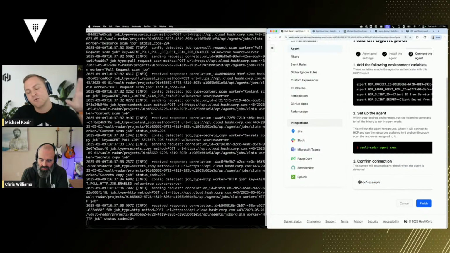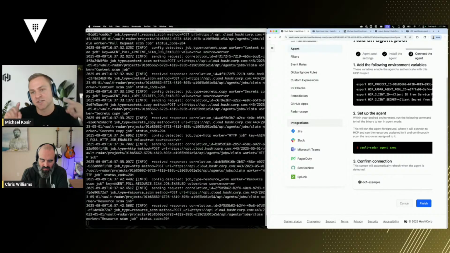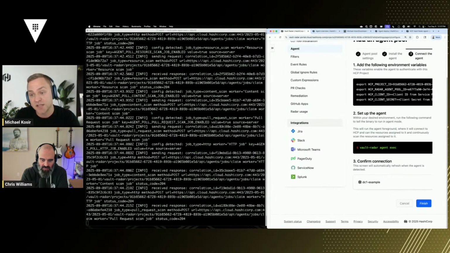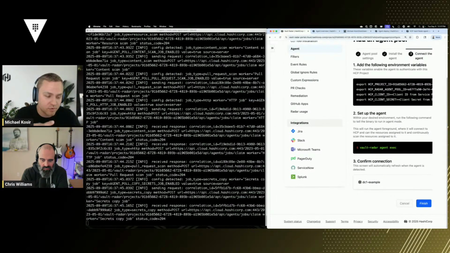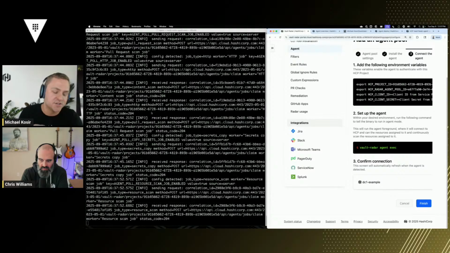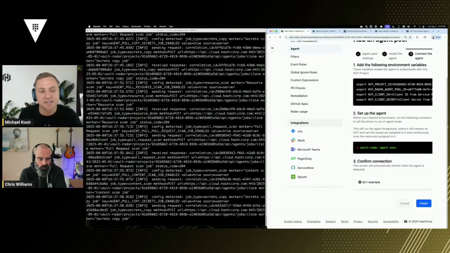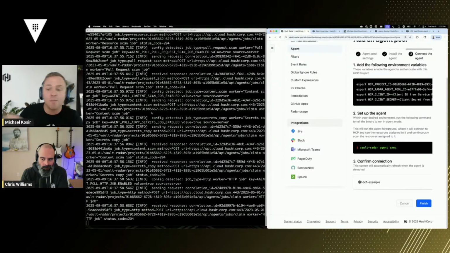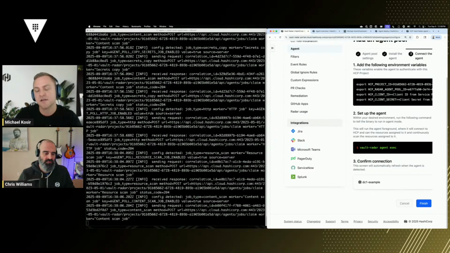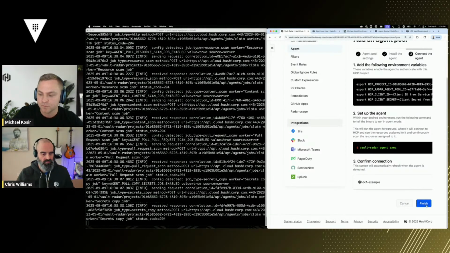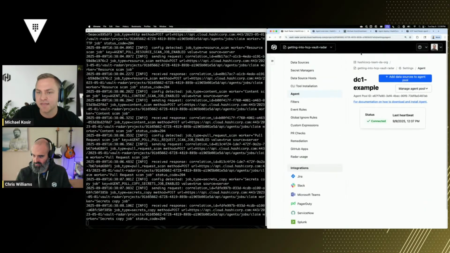So our agent, which is running on the left-hand side, is actually talking to the HCP cloud, HashiCorp Cloud Platform, and it is all an outbound connection, right? So you don't need to poke a hole into your firewall that allows an inbound connection. The cool thing with the agent is that it's an outbound connection. So Radar that lives within your private environment is talking out to the cloud, and then that's how they are further communicating. So I can hit finish here, and then